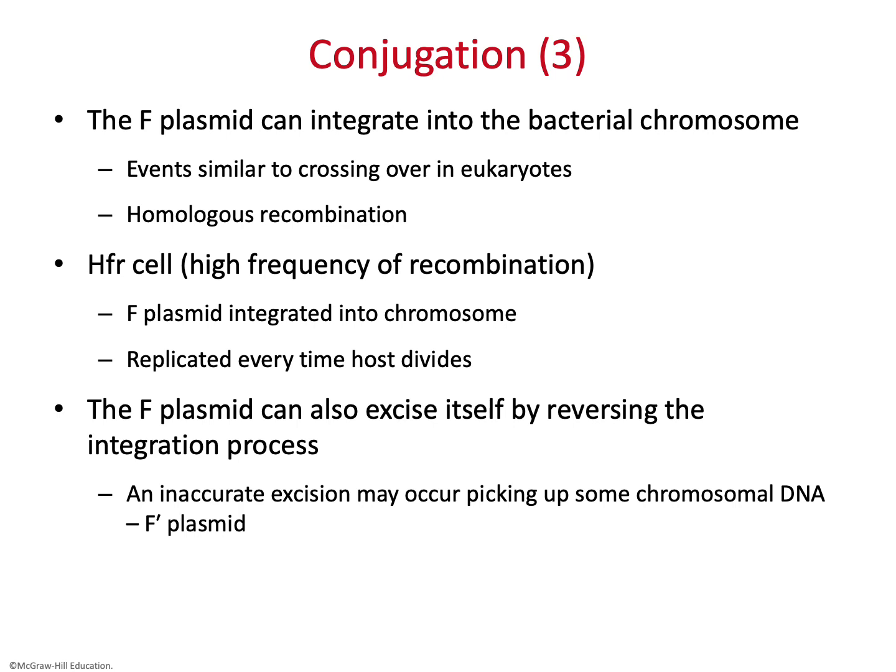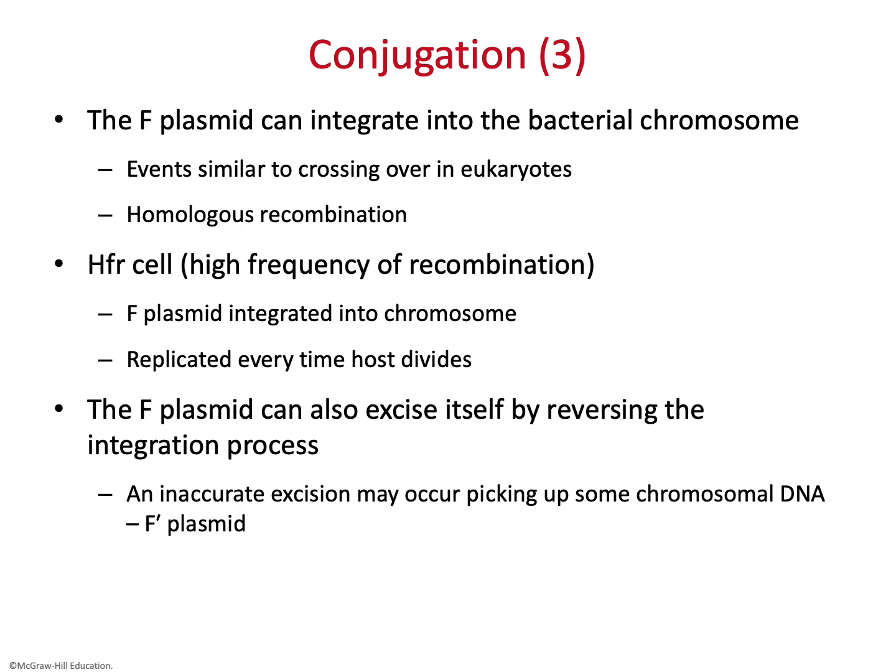Once they find the integration site, that matching will make complementary base pairing, and the F plasmid can be integrated into the bacterial chromosome. A cell with an integrated F plasmid is called Hfr, for high frequency recombination. Now F plasmid transfer will sometimes also include chromosomal DNA, because now that the F plasmid has integrated into the chromosome, it will replicate every time the host is dividing, and it can excise itself, reversing the process, and